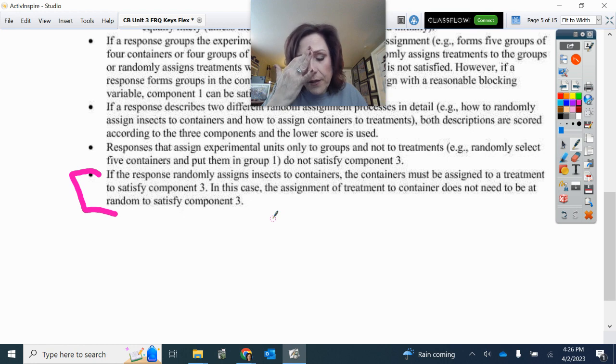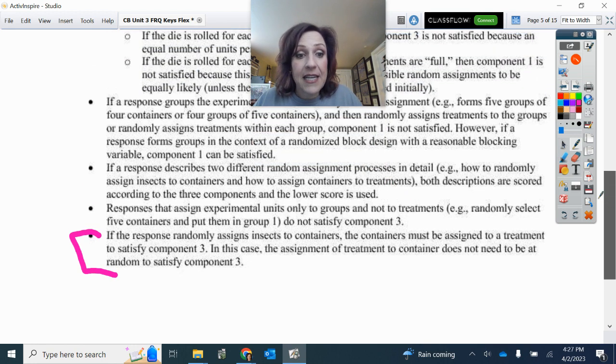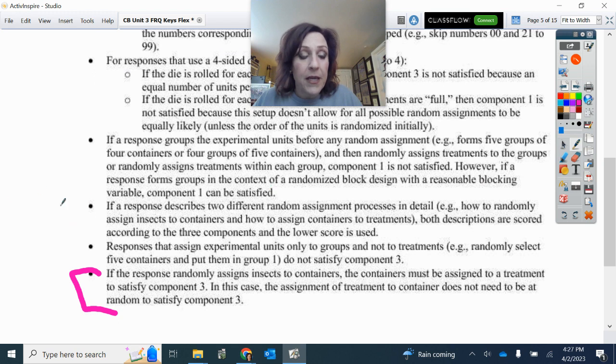So if you put all the insects in a big bag, shake well, pull them out and put them evenly into the 20 containers, and then you gave 5 of the containers each one of those treatments, you did not have to randomly assign to the containers. Now, this is actually interesting because look,